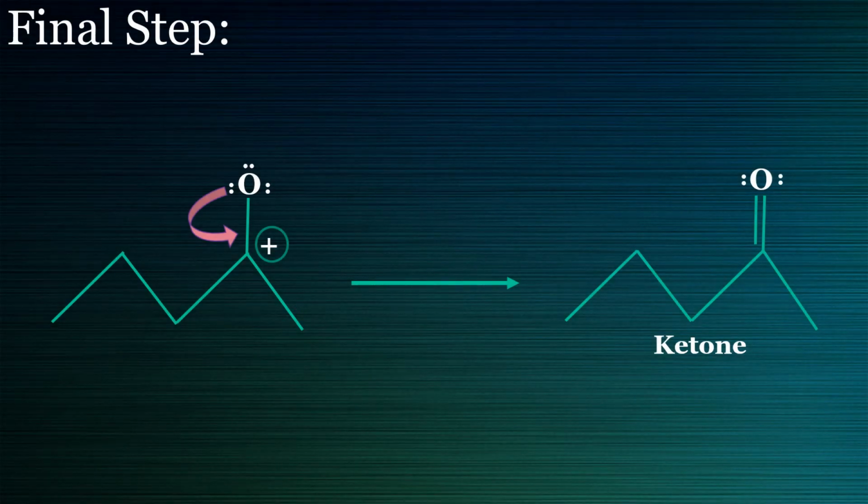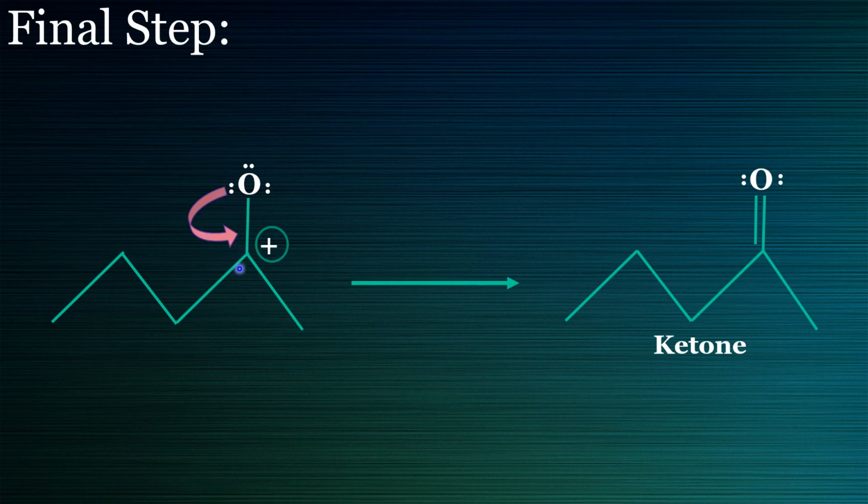Now on to our final step. This step can actually be shown as protonation, but I think it's easier when explaining this whole mechanism to spread it out and explain what each part is. So, in this step, the lone pair of electrons on our oxygen is going to come down and form a